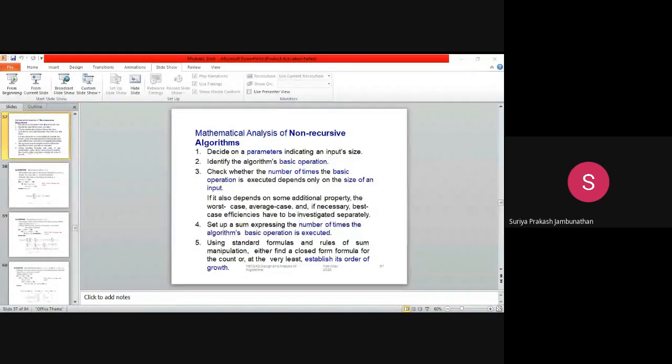Next to that, what is the basic operation we have to perform in the algorithm? Whether it is the addition of two numbers, C is equal to A plus B, you have to give. If it is a subtraction of two numbers, C is equal to A minus B. A multiplication, as I told, C is equal to A into B. Like that, you have to give the proper basic operation, then only it will identify the results properly.